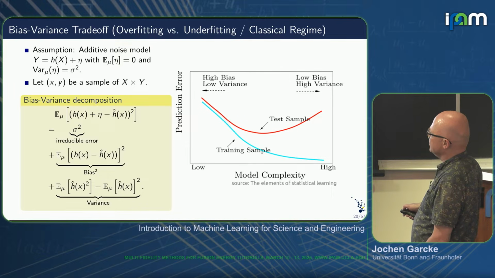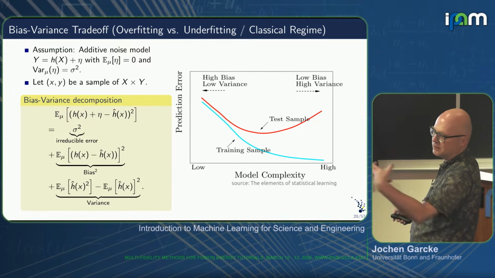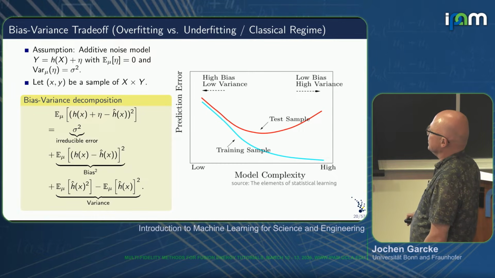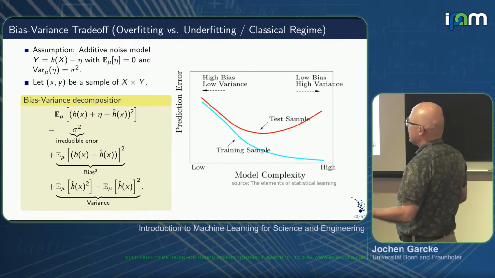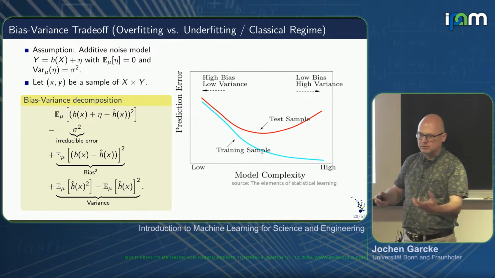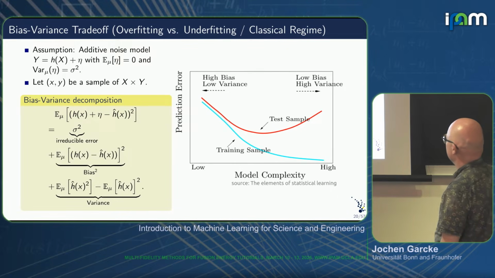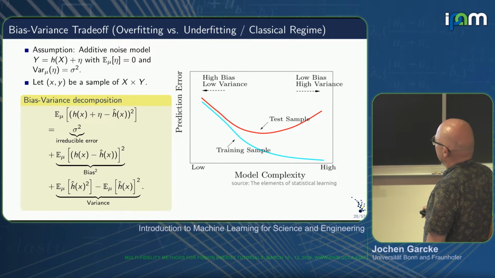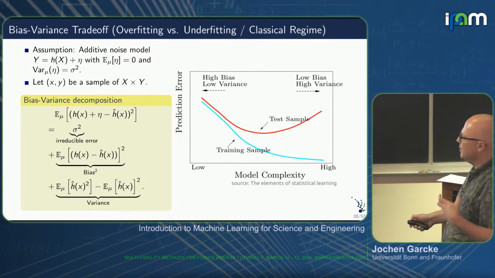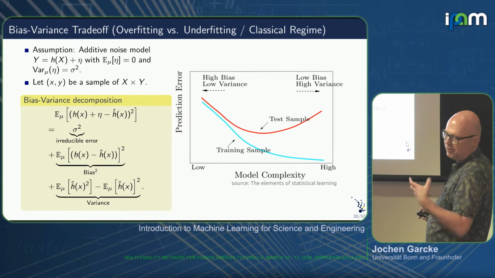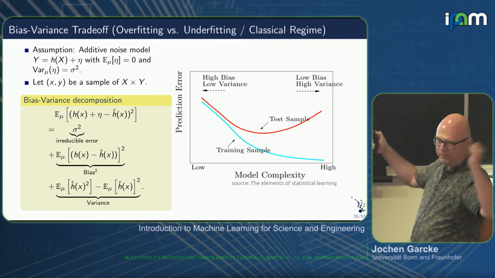We have some data error, which is irreducible. We have the so-called bias, which is the error from the model: by choosing our model class, we are in some way away from our target function. And then the variance. So this is always happening. And of course, we want to get the error small, and this is the classical bias problem. If I increase my model class, the size and capacity of my model class, I get the bias error smaller because I have a richer function class.